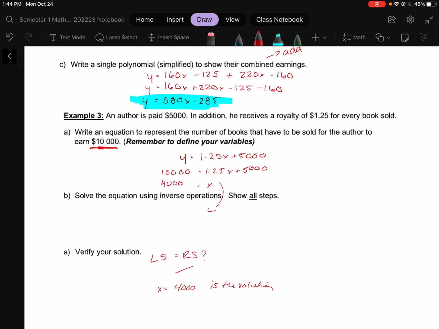So you should have been able to figure that out based off of the previous example. Please make sure you check your work. And if you have any questions, let me